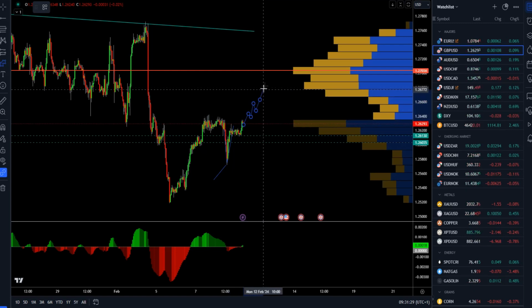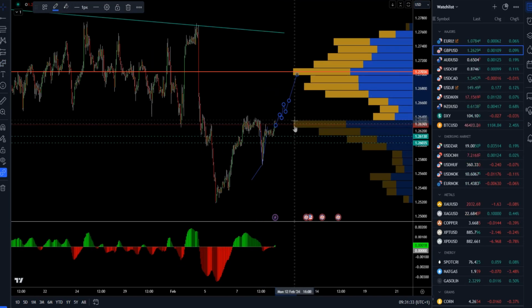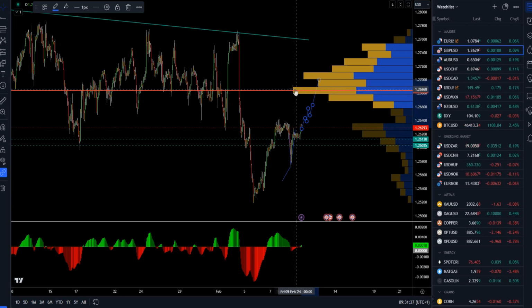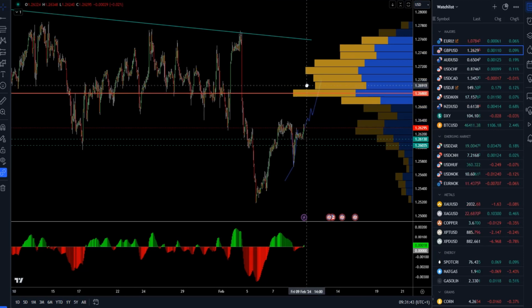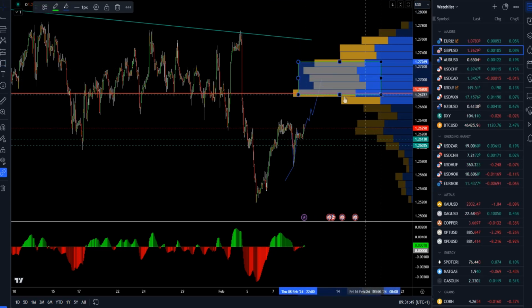go higher today, and eventually we'll have the area at 1.2700 as a very important pivot reference based on the volume, based on this whole area here. So 1.2680 and 1.2700 mark. Hold this area here, we have lots of trading activity, so there is a chance for the market to go